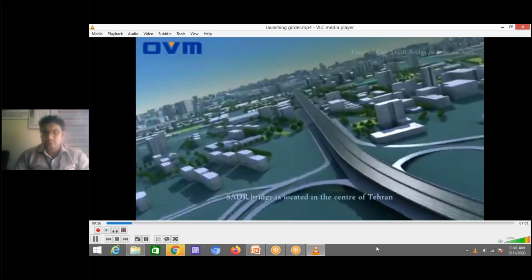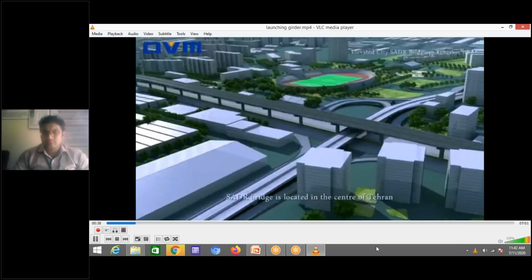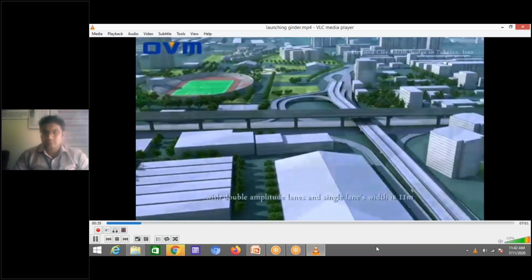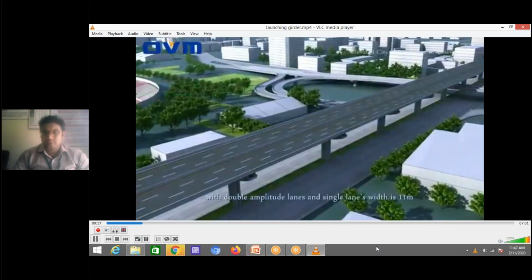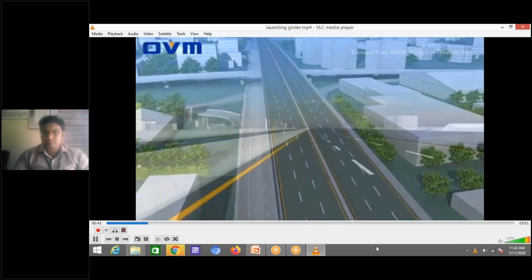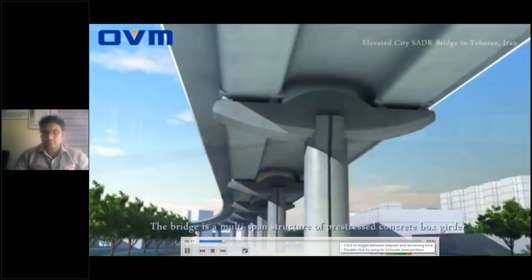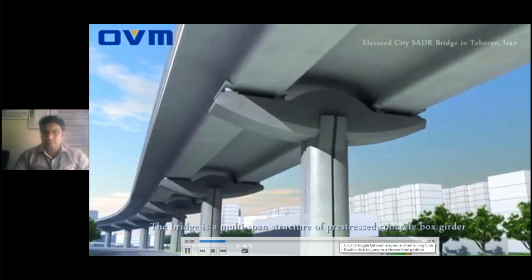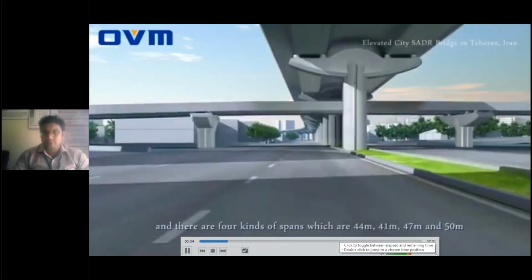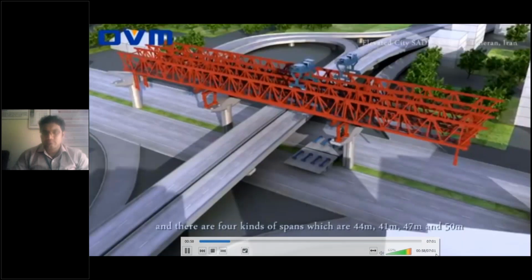Center of Iran. The total length of the bridge is 6 kilometers. The double length is the single length, the width is 11 meters, and the total span is 44 meters. It's a multi-span structure of prestressed concrete box girder with constant tension, and there are 3 kinds of spans, which are 44 meters, 41 meters, and 47 meters, and the main bridge will be constructed by the span-by-span segmental method,